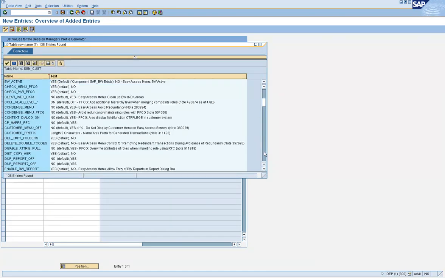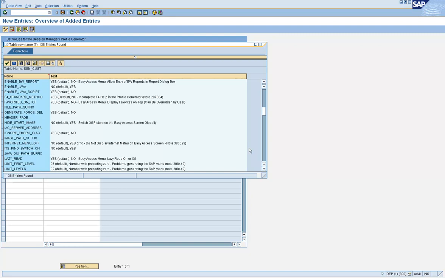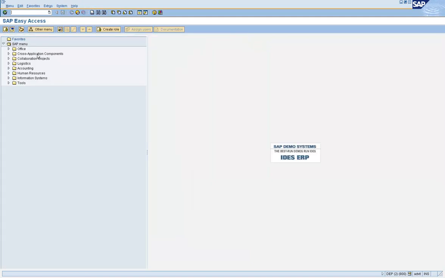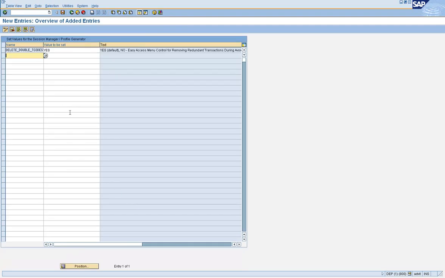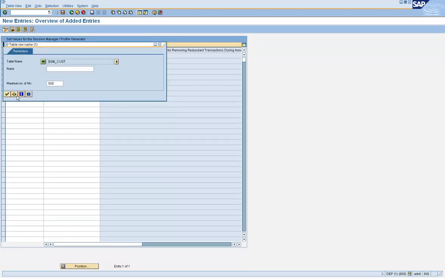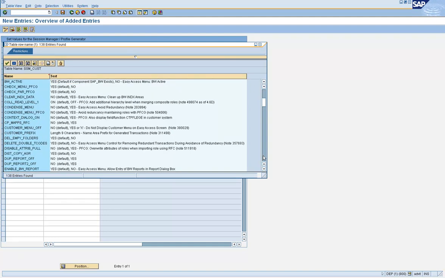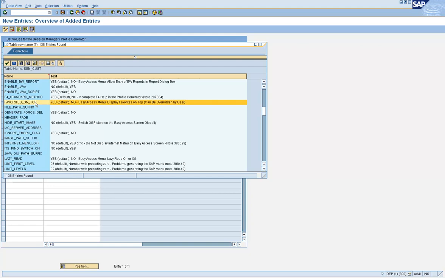So similarly, depending on what your requirements are, whether you want the favorites folder on the top or the bottom when you log in. Because it's at the top now, favorites on top: the default is yes, that's why it's on top. If you want it at the bottom, then you can set it to no.